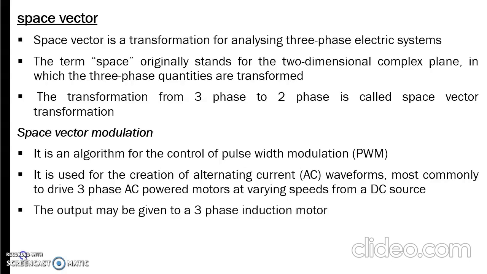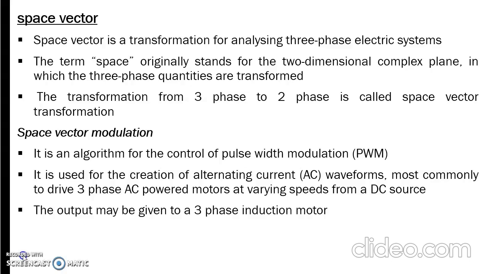Alpha beta is a stationary reference frame. DQ is a rotating reference frame. And the corresponding mathematics is how we transform into alpha beta using the Clarke transformation, and how we can transform into DQ using the Park transformation. And whenever we use this type of transformation for controlling the PWM output, it is known